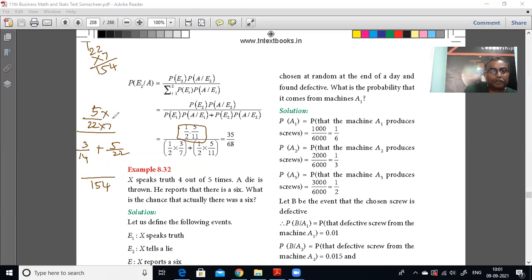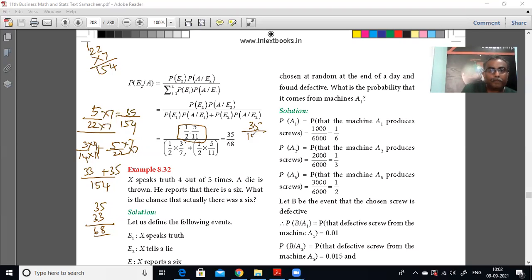Multiply by 7, multiply by 7. This is equal to 35 by 154. Here also multiply by 7, multiply by 7. Plus here you multiply by 11, 3 into 11, 33 by 154. Okay, 14 into 11, 154. 35 plus 33, how much? 68. Okay, so this will become